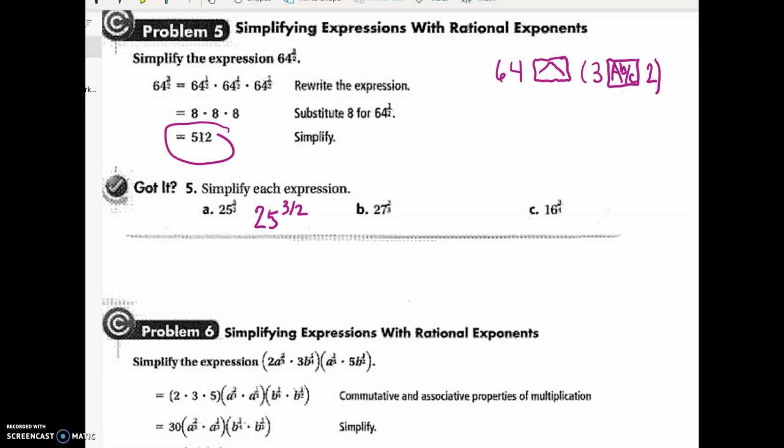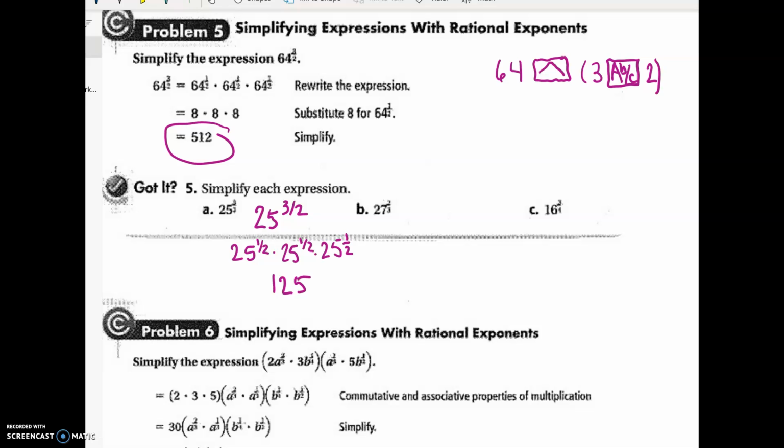Remember, that means we're taking 1/2 and multiplying it 3 times. So it's really 25 to the 1/2 power times 25 to the 1/2 power times 25 to the 1/2 power. But I know my calculator will do that also. So I'm going to punch that in here, 25. Press my exponent button again, parenthesis. I'm doing 3/2. So 3, fraction button 2, close parentheses, and I end up with 125, which is the correct